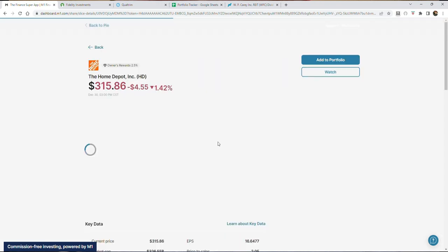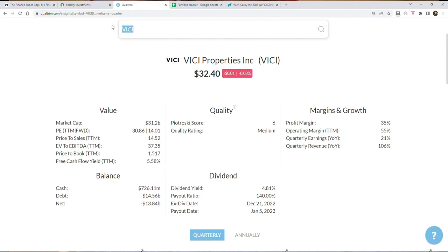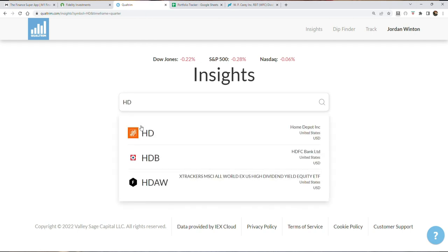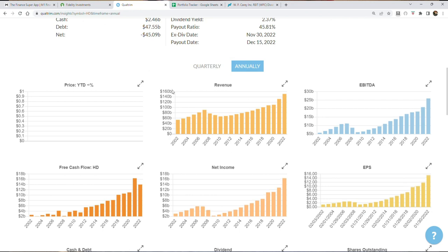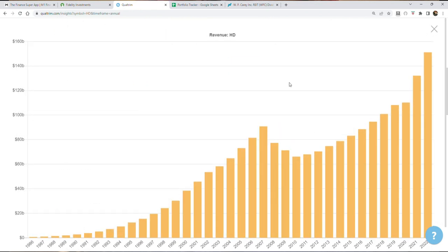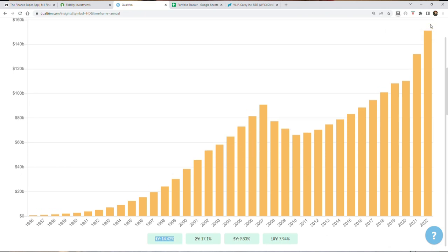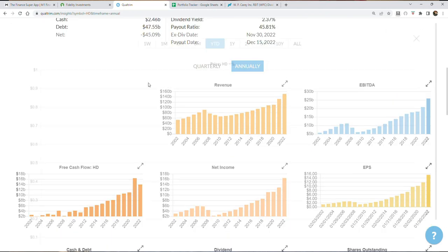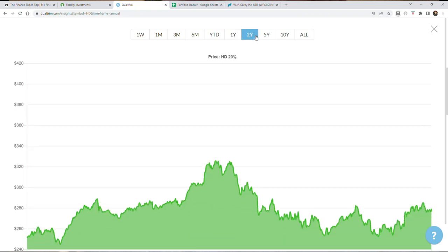Home Depot, I don't really need to explain, a big brick and mortar retail, and it's one that's had good performance for so long, and I don't really see people moving away from. While I'm a huge investor in Amazon, it's not a business that I think is going to disrupt it, because you can just see last year in 2022, they grew revenue 14.42%, and this is one that has come down a lot in share price and has already weighted in the factors of the recession, in my opinion, for the most part. Down 23% within the last year,